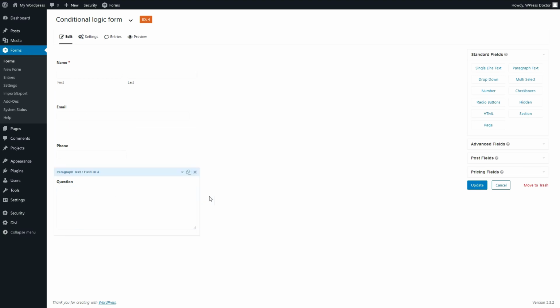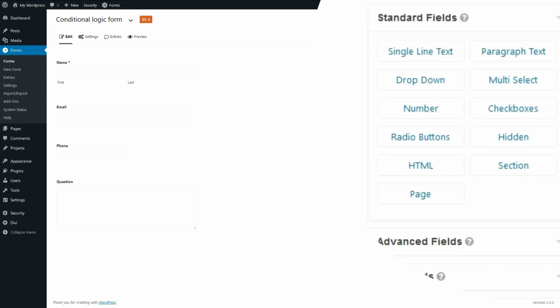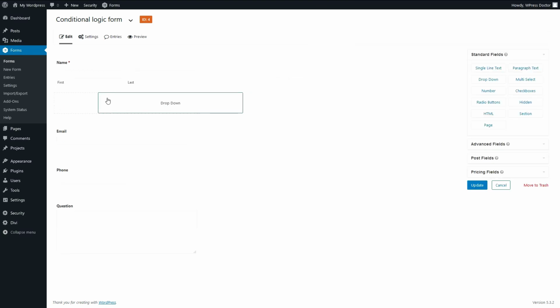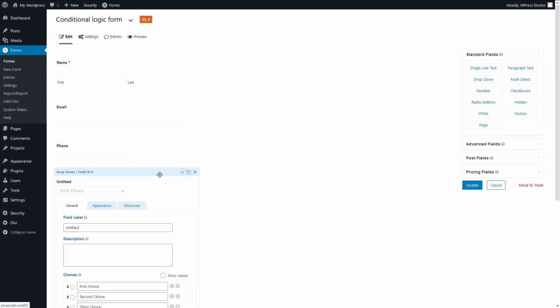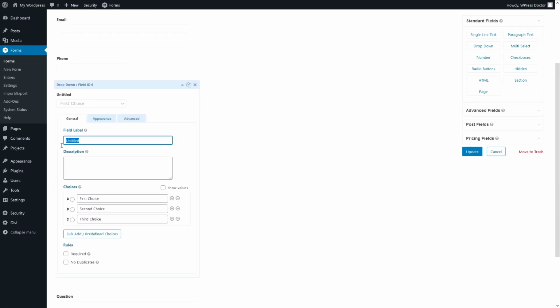Okay, let's create something more. Let's pretend that we are dentists and we have our dentist practice and we want people to add an appointment or contact us for an appointment through this form. Let's go. First of all, we're gonna add a drop-down menu. Let's place it below their name, email and phone number. And the drop-down field, we will populate it with these questions.